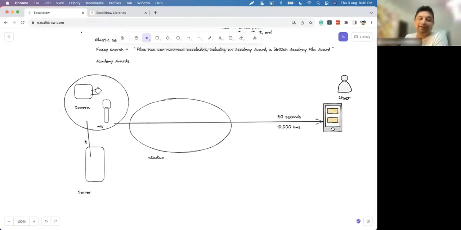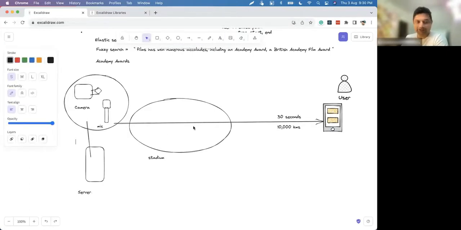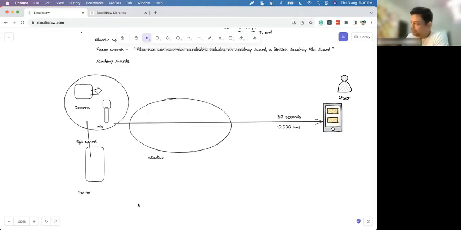You may have a high-speed connection here, and the broadcaster will ensure it. In cricket matches it's possible because stadiums have good internet connectivity. But sometimes events happen in remote areas. For example, there is a flood in some area and there is a live telecast of the rescue operation, or a war zone.